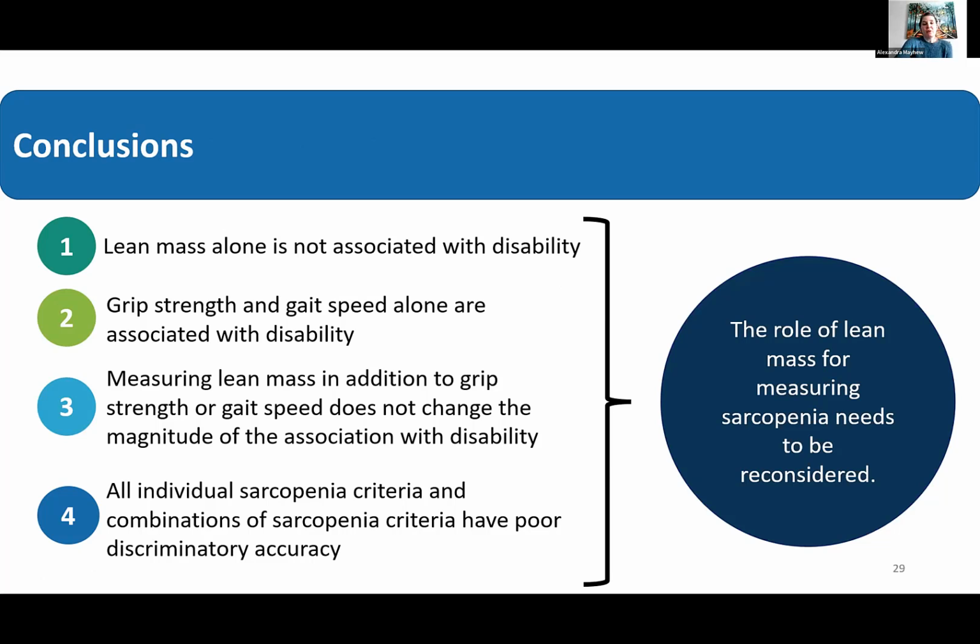So in conclusion, we found that lean mass alone is not associated with disability, but that grip strength and gait speed alone are. We found that measuring lean mass in addition to grip strength or gait speed does not change the magnitude of the association with disability, and that all the sarcopenia criteria, as well as the combinations of criteria, did not have sufficient discriminatory accuracy. Based on all of these combined together, this suggests that the role of lean mass in measuring sarcopenia needs to be